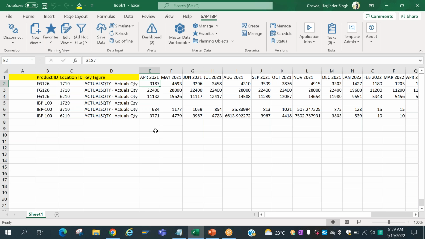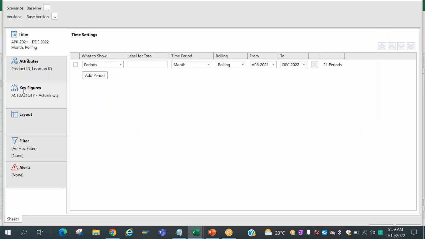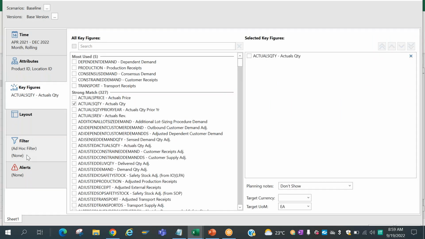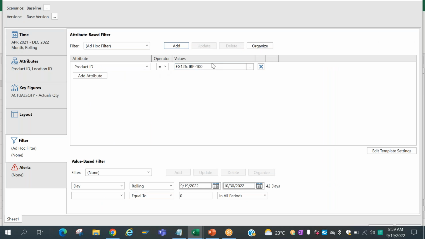exercise. So in day-to-day projects, what the planners will do, they will also save their favorites of the filters, because in the real-time projects you will see that the filters you have will be very heavy.